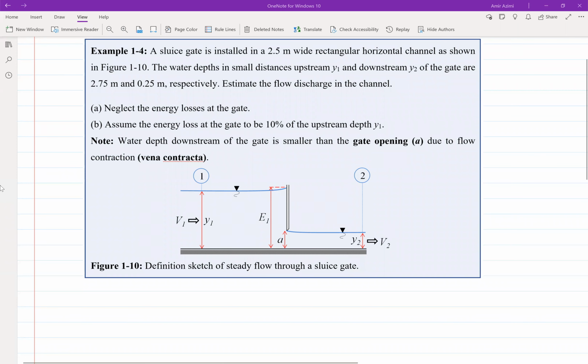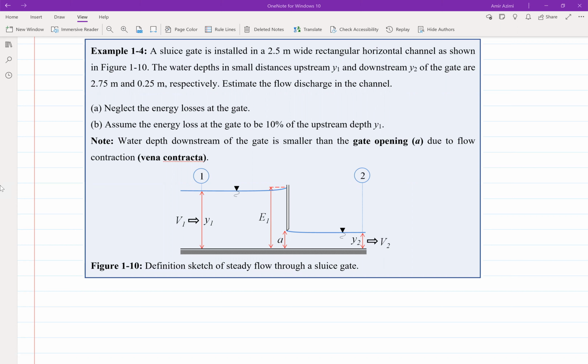Hello, example 1-4 is about a sluice gate. A sluice gate in a rectangular channel is installed to control the water level downstream of the channel. In this example, a sluice gate is installed in a 2.5 meter wide rectangular horizontal channel as shown in this